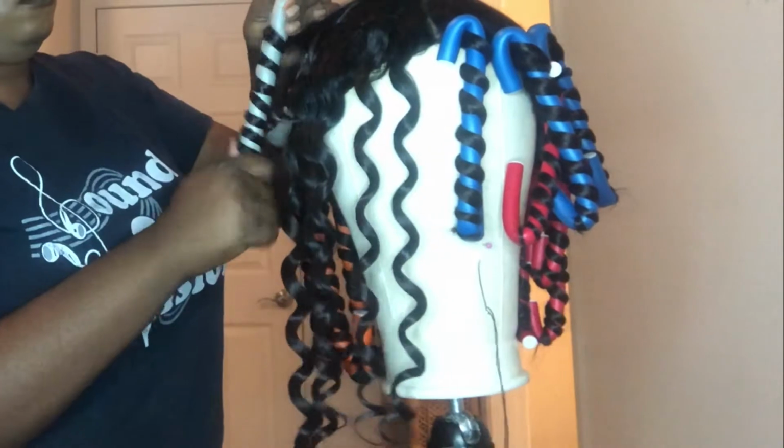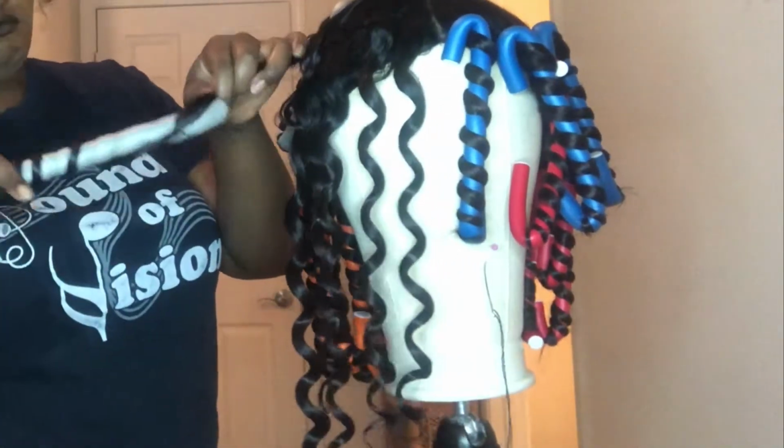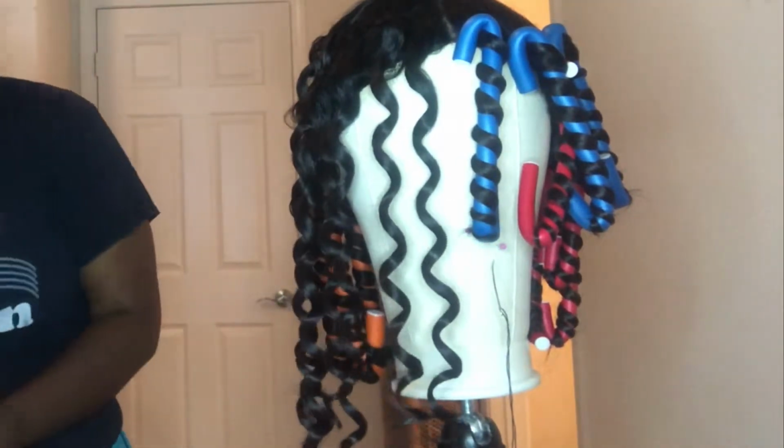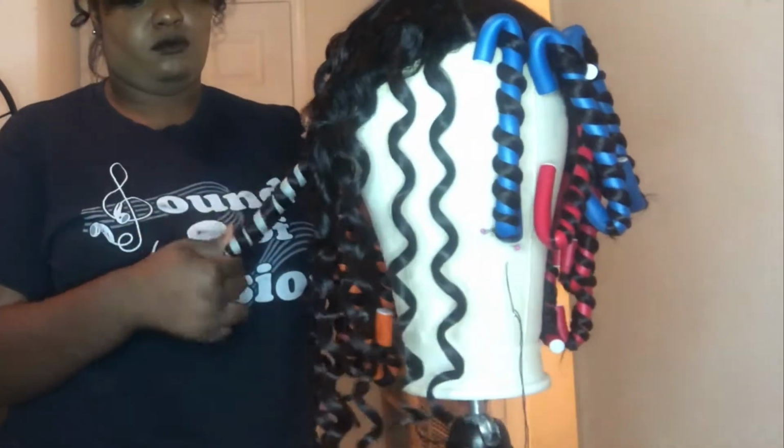It didn't take the full night for it to dry because synthetic hair dries very, very quickly. It was dry within about 45 minutes to an hour, maybe an hour and a half. I can't really say because I stopped to record another video with my best friend, so that'll be coming soon. But yes, you don't have to let it sit that long. If you were trying to go out or do something, it would be ready if you did it in enough